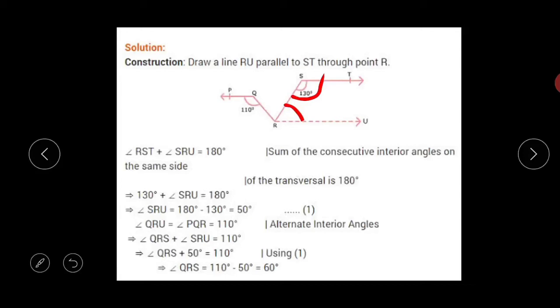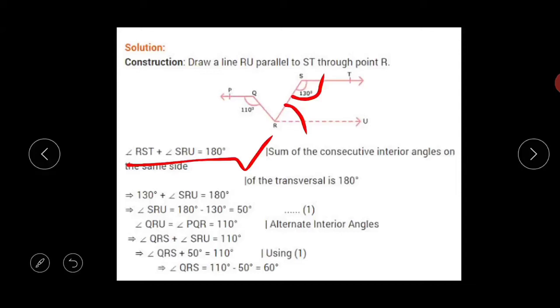Why? Because they are consecutive interior angles, or you can say they are co-interior angles, or you can write the reason that they are the angles on the same side of the transversal, है ना. सो आपको पता है कि जो एंगल सेम साइड ऑफ ट्रांसवर्सल में होते हैं, they are contributing, that means they are summing up and giving us 180 degree. So students, I have written this line.